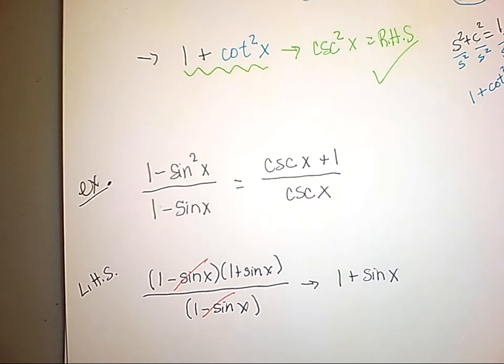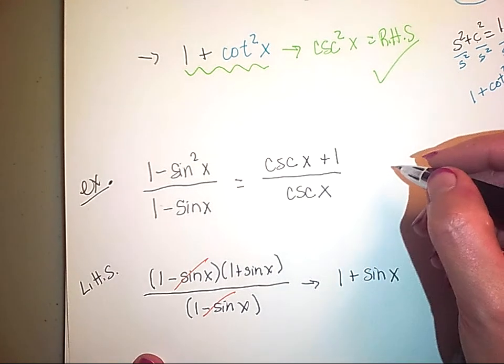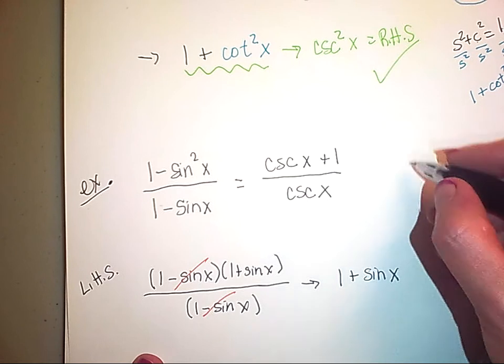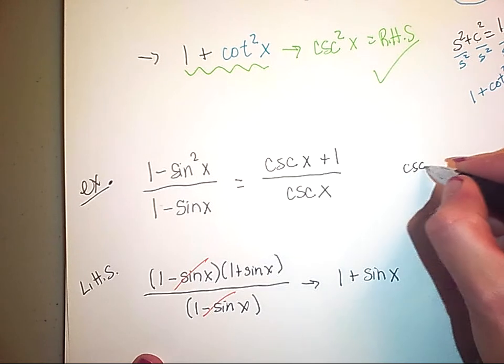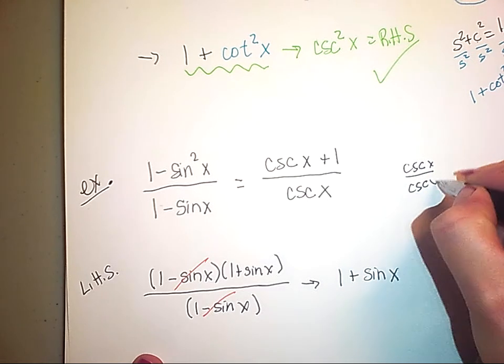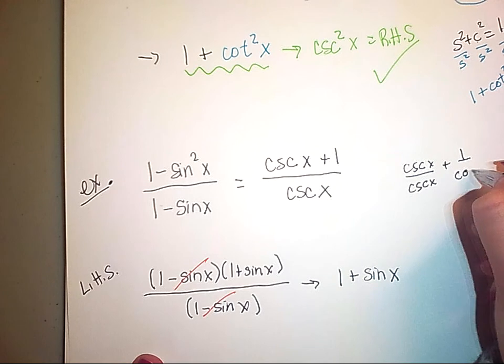Well, there's a couple different ways to go about this. If I do some scratch work up here, I could see that if I could get to something that said cosecant over cosecant plus 1 over cosecant,